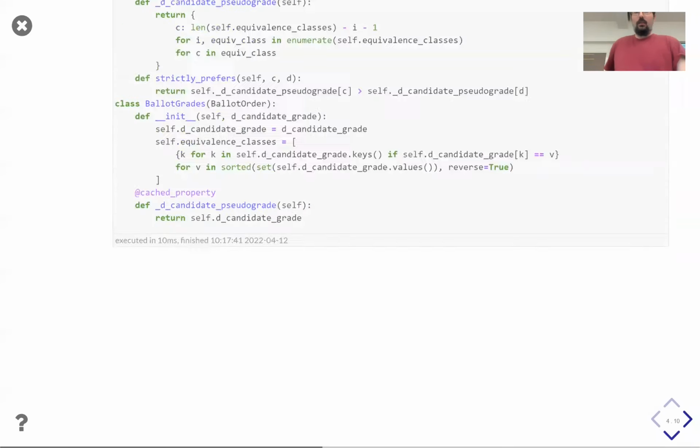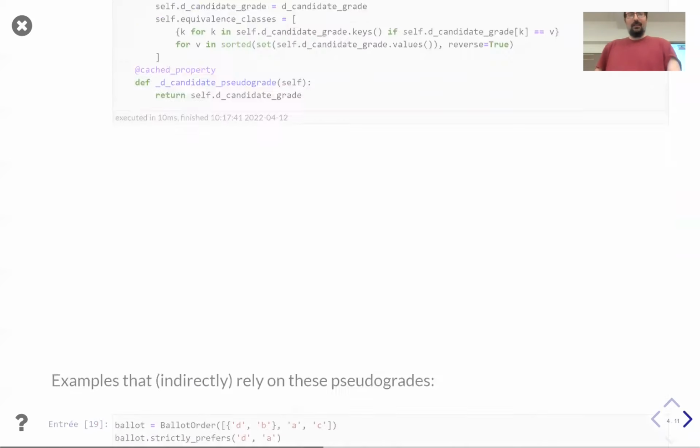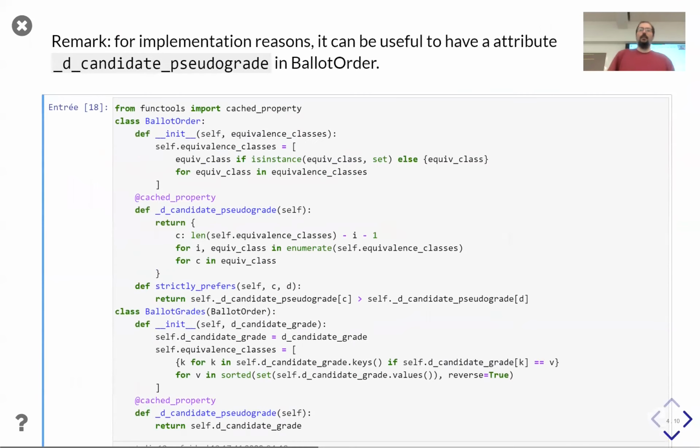So, for instance, the ballot grades inherit the pseudo grades. Yes. In fact, actually, in the real package, it's done a bit differently to avoid this double dictionary thing. Ballot grades is a subclass of ballot order, but in this implementation, if you ask a ballot grades object, do you strictly prefer candidate A to candidate B?